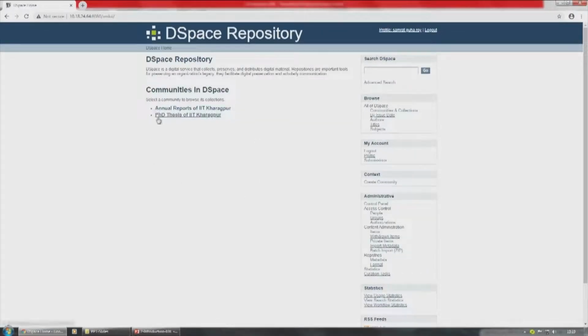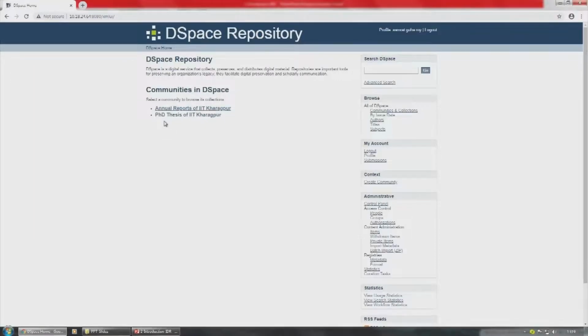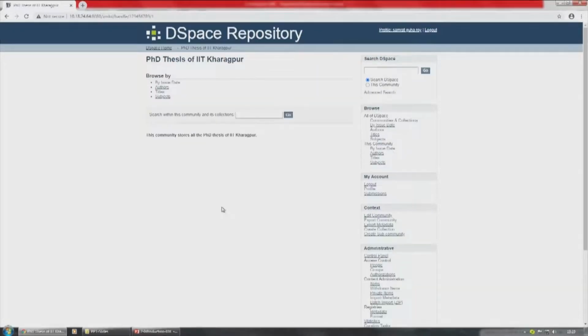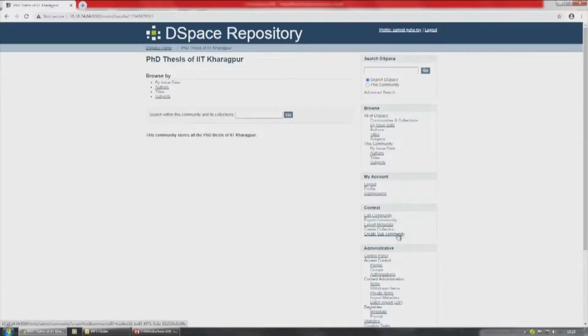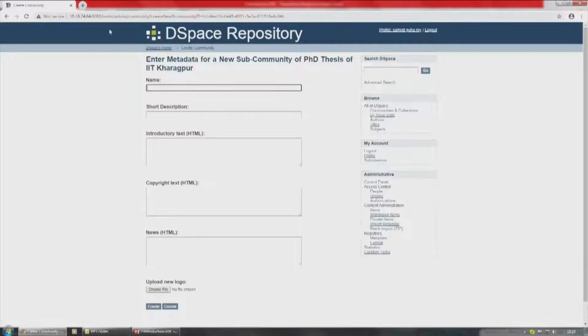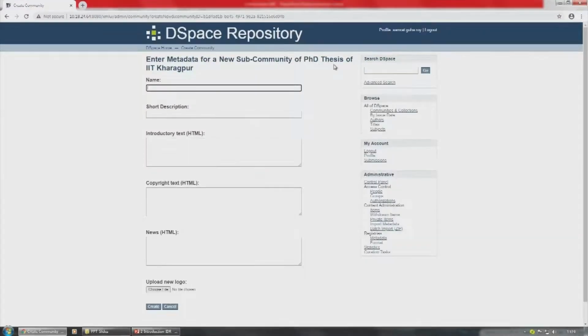So, now I have created two topmost communities and I will create sub communities. I will go inside the PhD thesis community and here I will get create sub community. So, the create sub community option is available. I click here. As soon as I click here, it shows me enter metadata for new sub community of PhD thesis of IIT Kharagpur. So, I give here